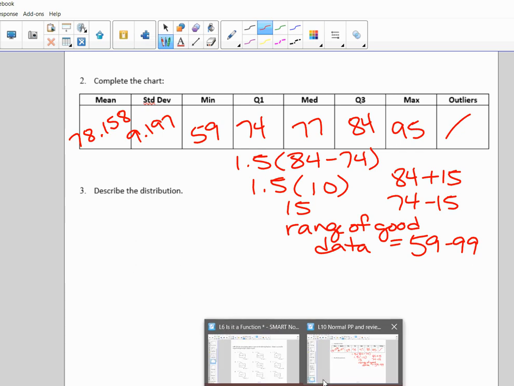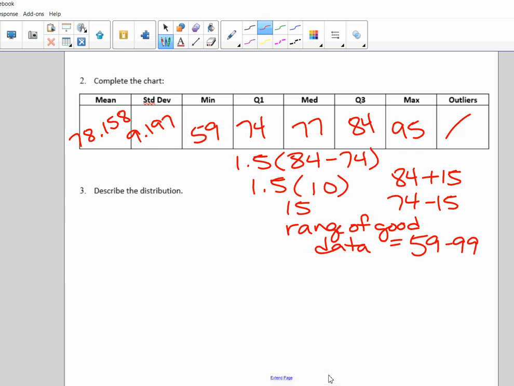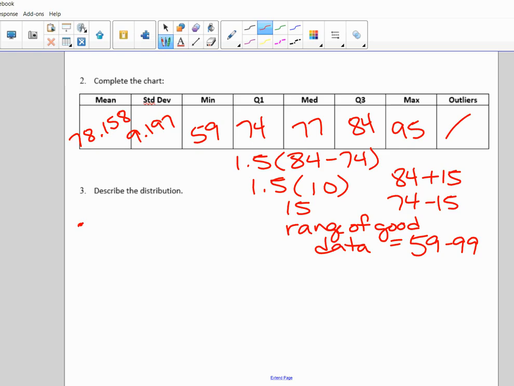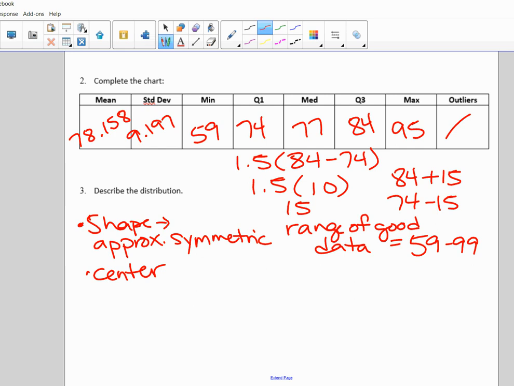So, where am I? Oh, I want my calculator, sorry. So, the shape of my distribution, we said it's approximately symmetrical, right? So, I'm just going to write bullets for the sake of time. So, the shape is approximately symmetric. The center of my distribution, because it's approximately symmetric, we should refer to the mean, right? So the center, the mean is